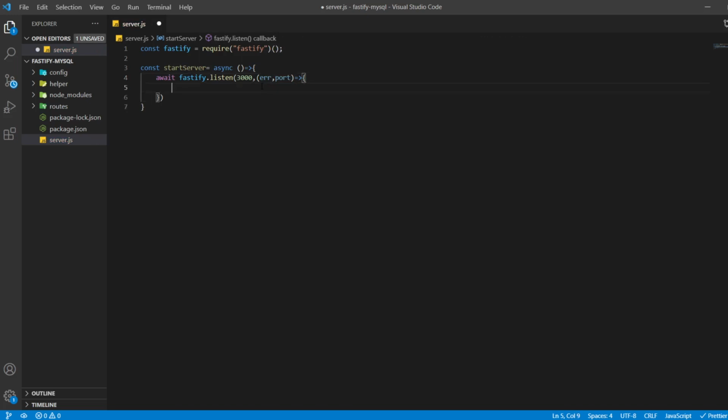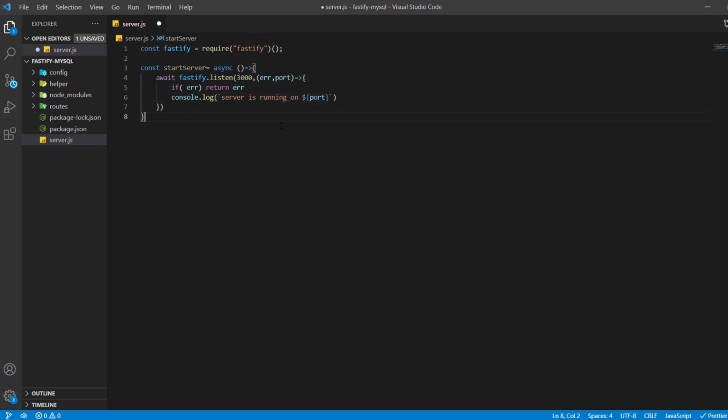If we get an error, then we are going to return the error. If we don't get an error, then we are going to simply console log, using backticks, server is running on port, this.